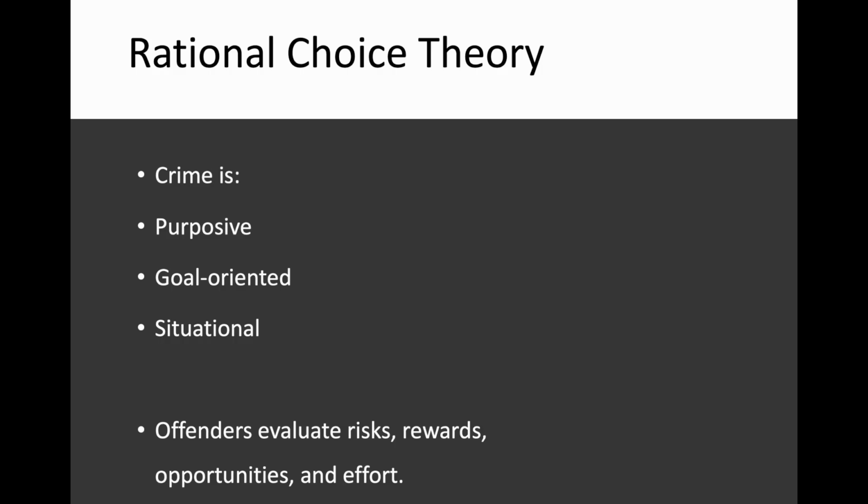Now, one of the most important contributions of rational choice theory is that it focuses on the immediate crime event. Traditional criminology theories often focus on long-term causes of criminality: childhood socialization, poverty, peer groups, family structure, low self-control, perhaps strain or neighborhood disadvantage. Rational choice theory asks a very different question. Even if someone is motivated to offend, why does the offense occur at this particular moment? This is where situational decision-making becomes important.